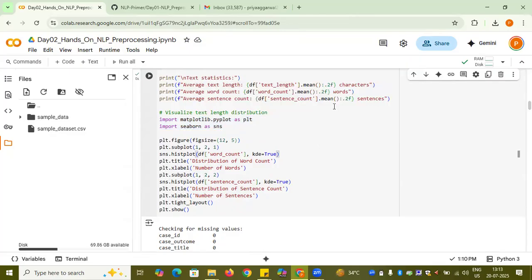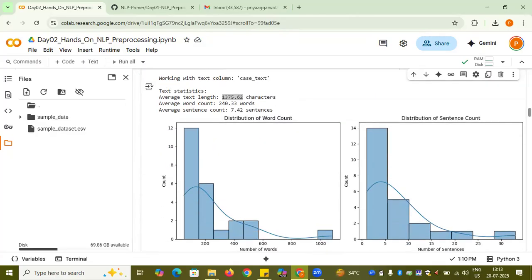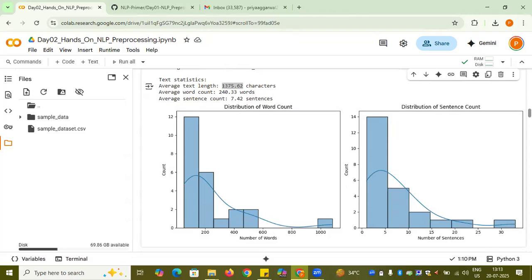So what they are doing is we are trying to print out some of the statistics that we computed earlier. With plt.figure, I am first creating a figure, then creating one subplot. Let me show you what I actually plotted first. This is the distribution of word count. I want to see how many words there are, so the number of words and the count. This is the histogram on the distribution of word count and sentence count.